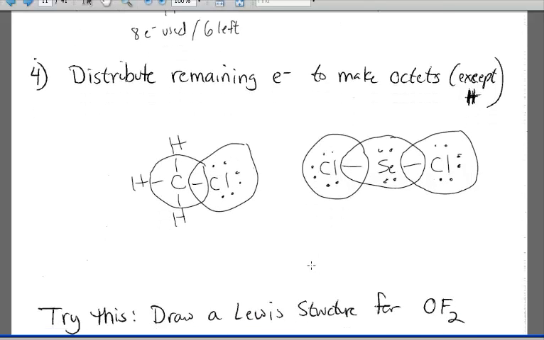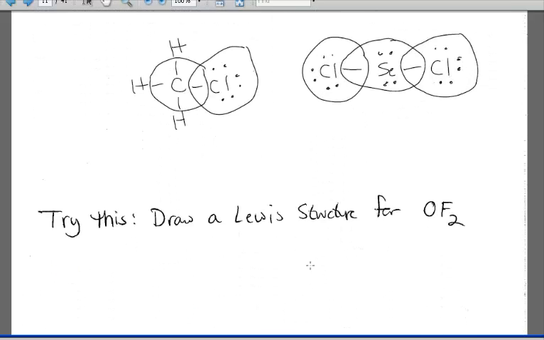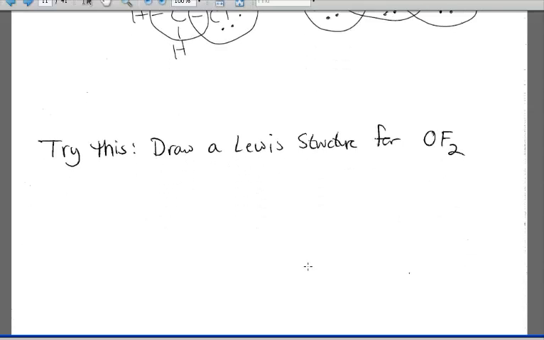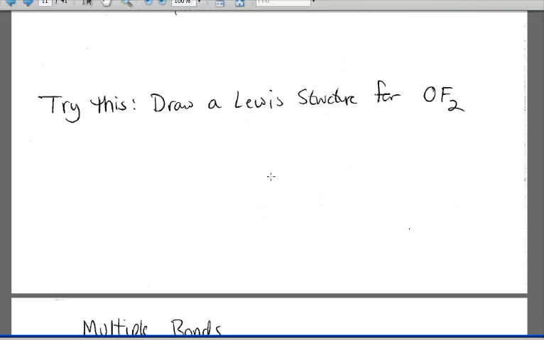All right, so those are the 4 basic steps for drawing molecular Lewis structures. And so you should try drawing one using those same 4 steps for OF2. Now, these are both very electronegative atoms, but the least electronegative is oxygen, because fluorine is the most electronegative atom there is. So that's how we place the atoms. Then we count valence electrons. Oxygen has 6, fluorine has 7, and there's 2 of them. So we have a total of 20